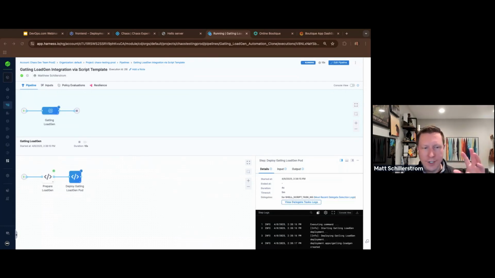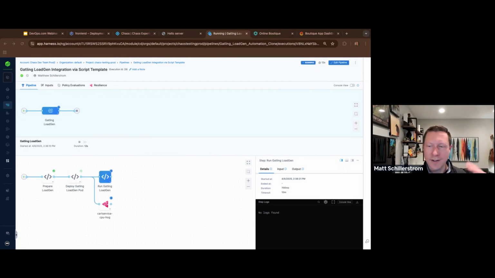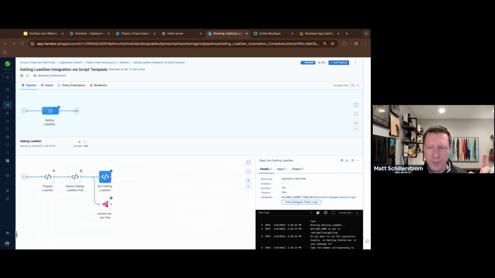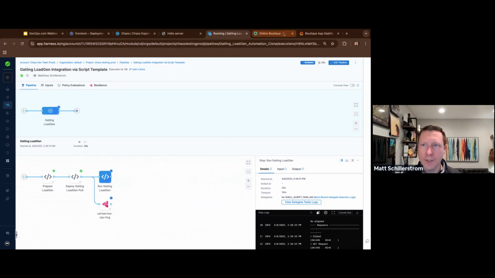And all the configuration, it might look a little bit complicated. Initially, when you start something, right, you always have this much configuration or YAML to put in. But once you have it, it's once and done. And as you know, with load testing, it's getting that first configuration for load testing working, and then it usually just works just fine. So now I'm orchestrating my load testing through Harness, and then I'm running a chaos experiment with that.